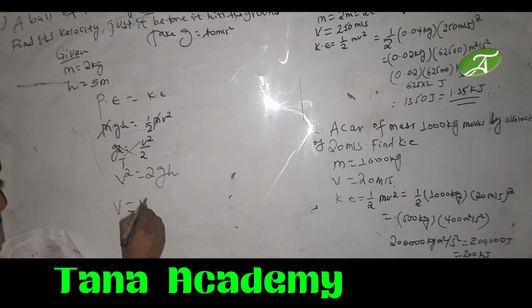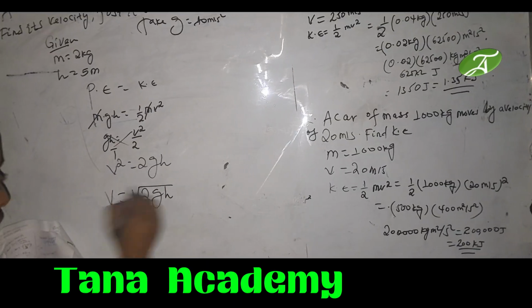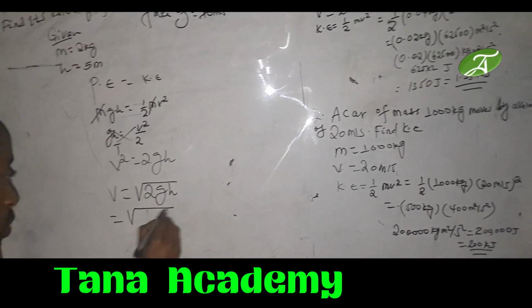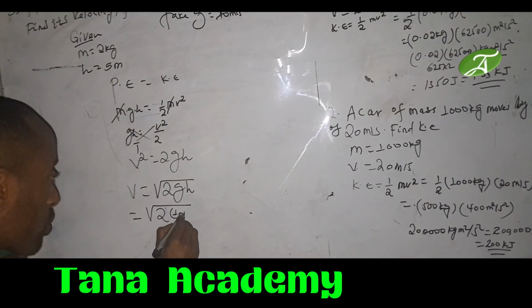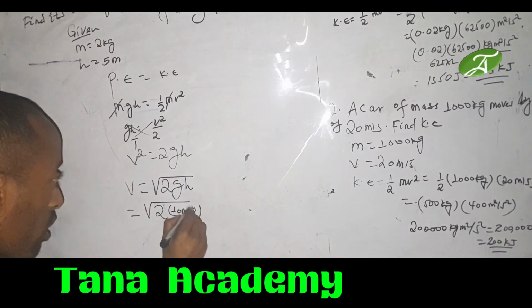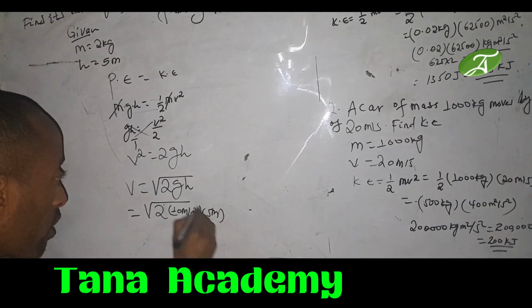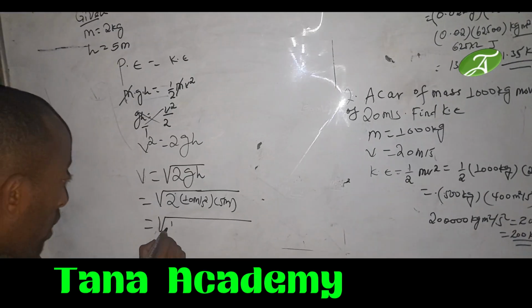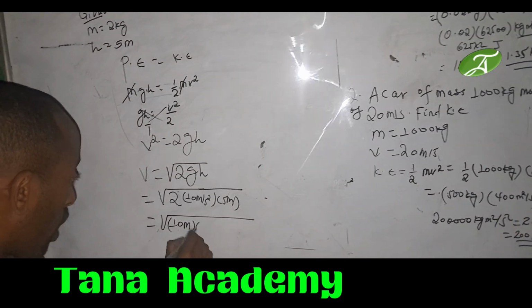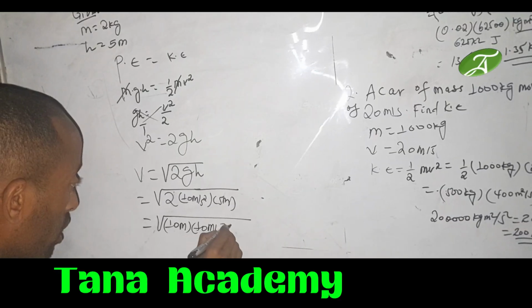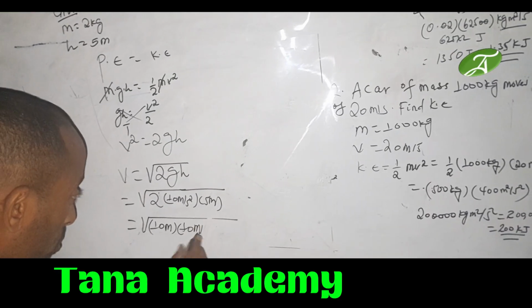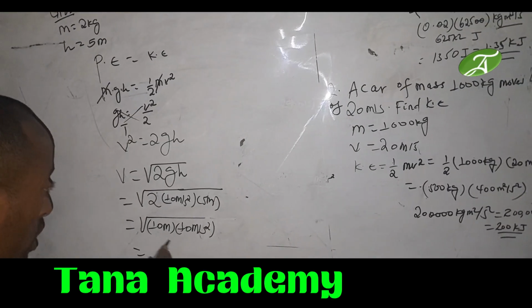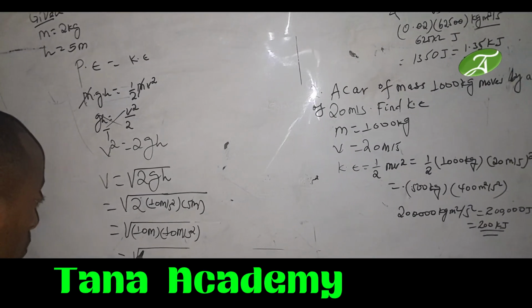Speed is the square root of 2 times 10 meters per second square times 5 meter, which is 2 times 5 becomes 10 meter into 10 meter per second square, 10 times 10, the square root of 100